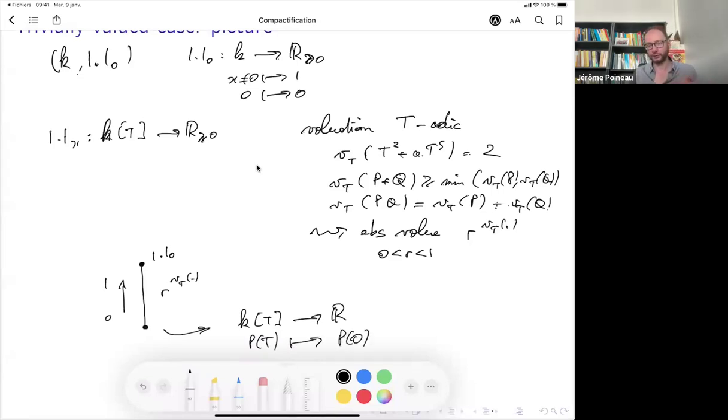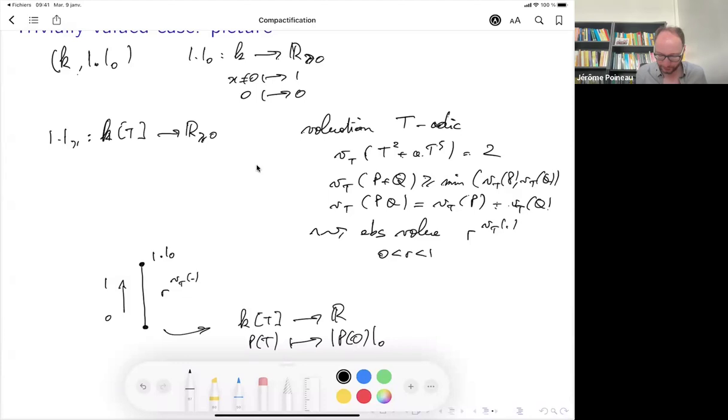Okay, 0 and the t-adic valuation are of course related, 0 is the root of t, and you compose with the given absolute value. So this actually is a general procedure. You start with any point in the field. You can always evaluate your polynomial at this point and compose with the given absolute value, and it gives you a point of the Berkovich space. So that's the way it looks.